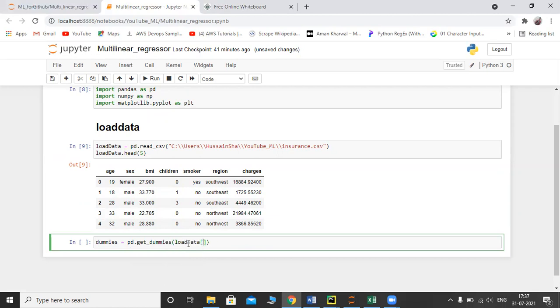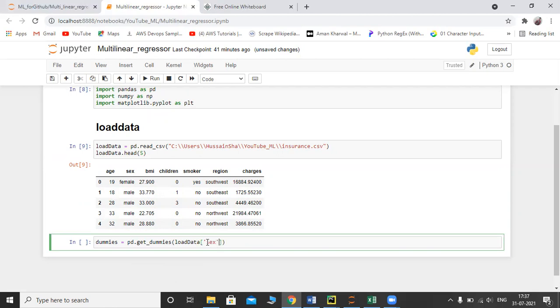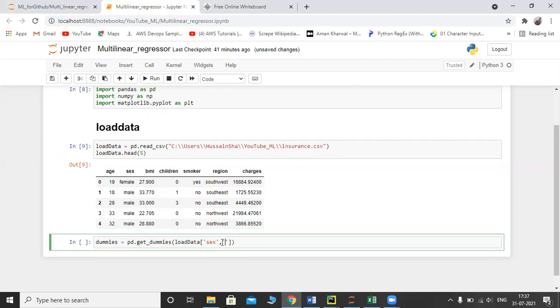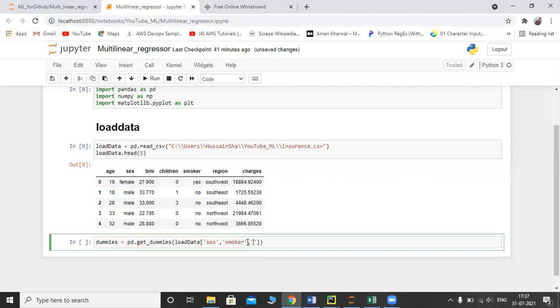I'm going to generate dummies for the gender column, comma, and for smoker also, and for region also. So I am generating dummies for the region, smoker, and gender columns. Let me execute this.